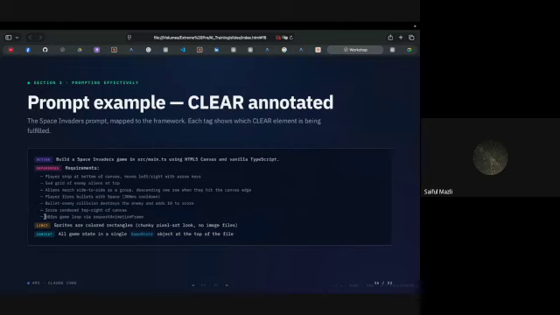This is where you give it its references. This can be considered a reference or a limit. Say use 60 frames, make it fast, what its context is. So this is how you would give a good prompt to an AI. If you remember clearly, you remember how to do a good prompt.